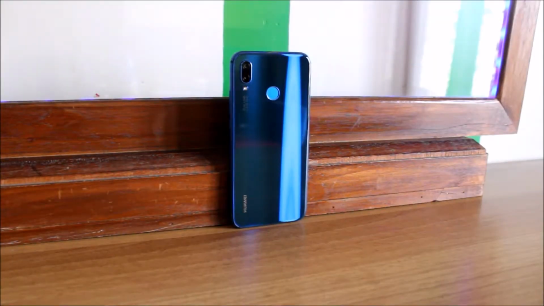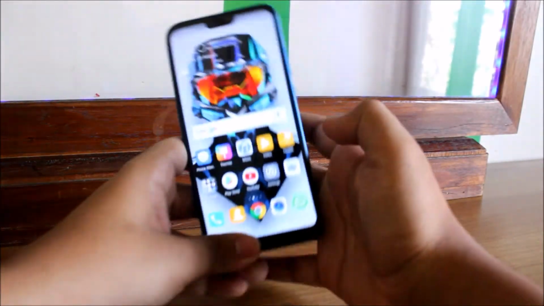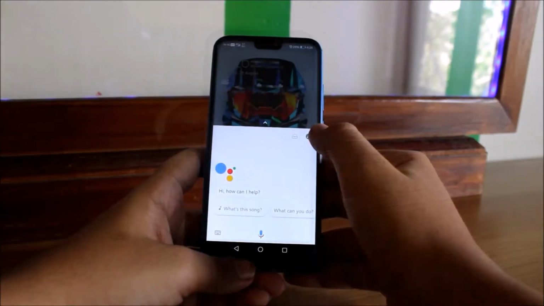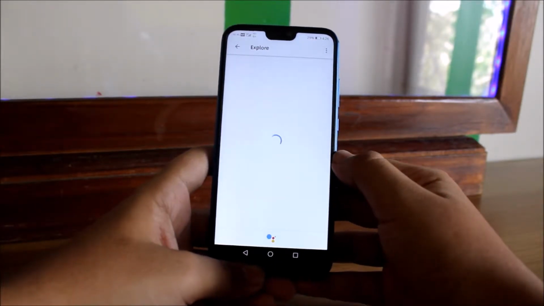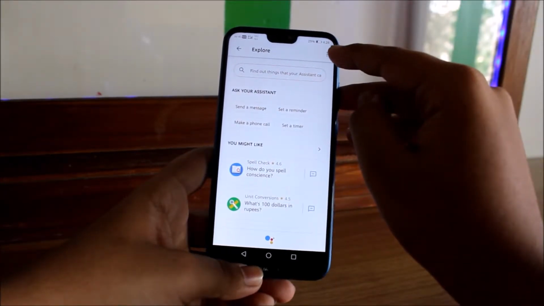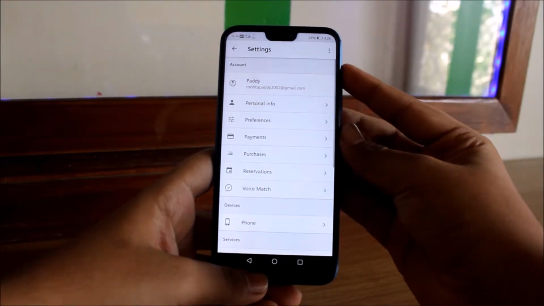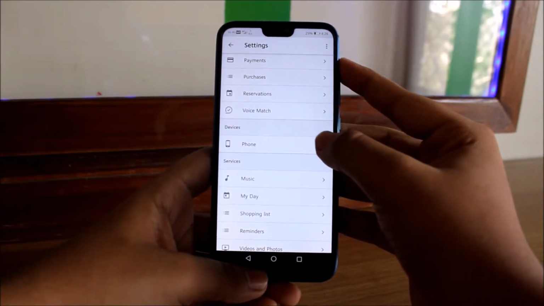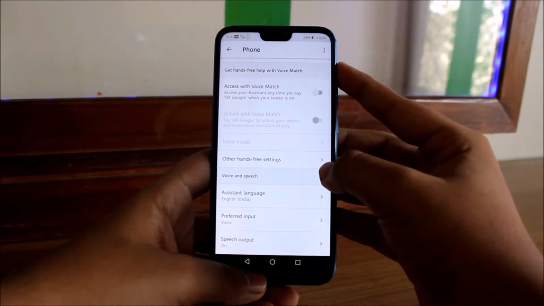So guys, to change the language of your Google Assistant, you don't need to do anything in your phone settings. You just go to your Google Assistant. There, click that Explore button on the top. As you can see right there, click that. There on the top right corner are those three dots, so click that. And then click Settings, which is the second option, and in there you need to click this Phone button. So click that Phone, and in there you'll see the assistant language right there. So click that